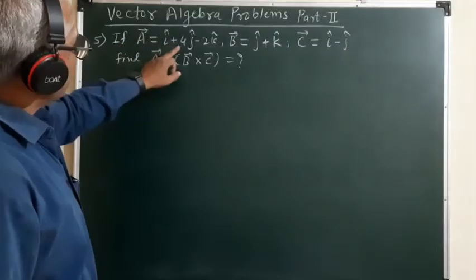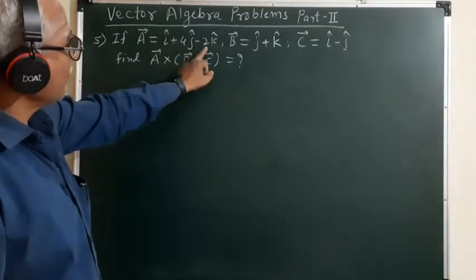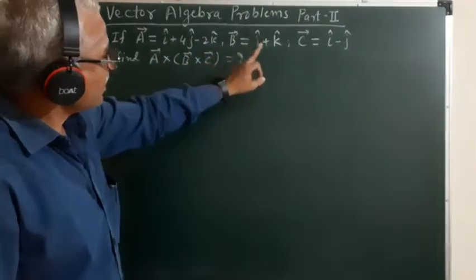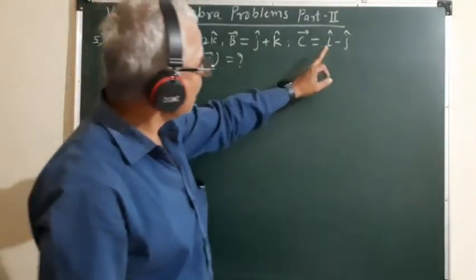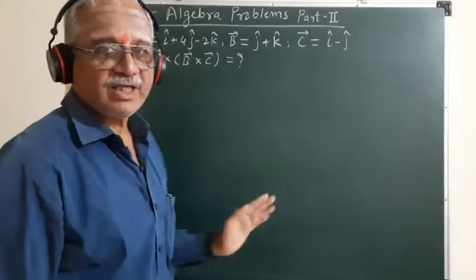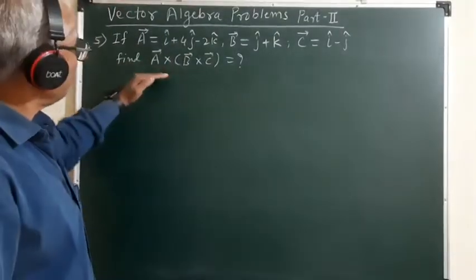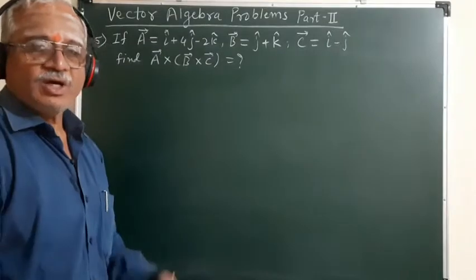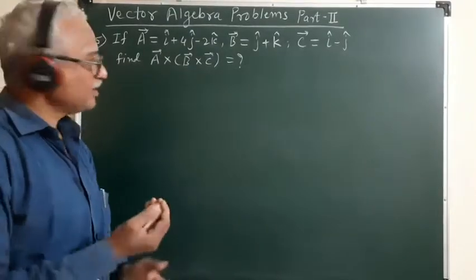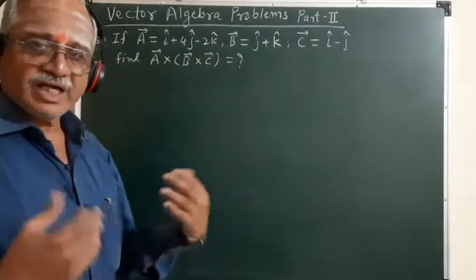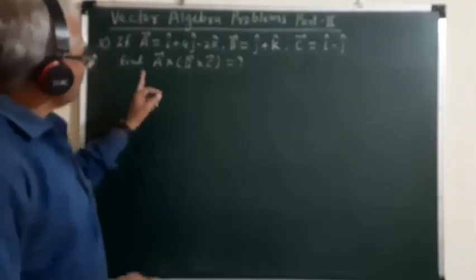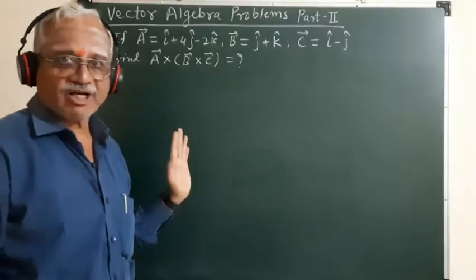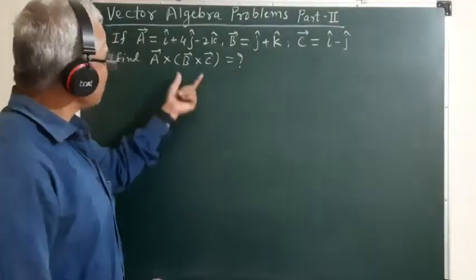So a bar is expressed as i cap plus 4j cap minus 2k cap. b bar is expressed as j cap plus k cap, and c bar is expressed as i cap minus j cap. Then you are asked to evaluate a bar cross b bar cross c bar. We have said that the vector product of these 3 vectors is a vector quantity. So before we evaluate a bar cross b bar cross c bar, let us first obtain the vector b bar